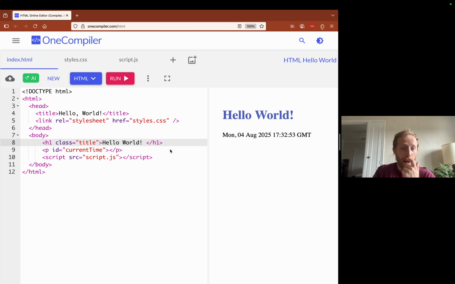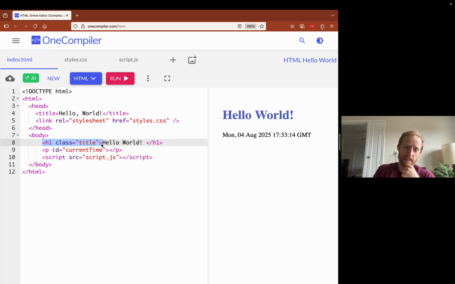And how can I tell, Robbie, that this one is an opening tag and not a close tag? Yeah, I will say that there is a difference between the opening and the closing tag. Which is?